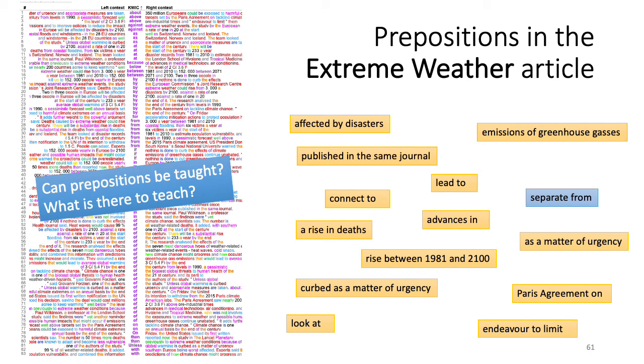And this is an excerpt of all of the prepositions in a particular article, which is one of the sample texts on the input page. I'm particularly interested in prepositions because they are so problematic. Part of the problem is that they are often regarded as grammar and they are often regarded as vocabulary, when some are one and some are the other in different contexts.